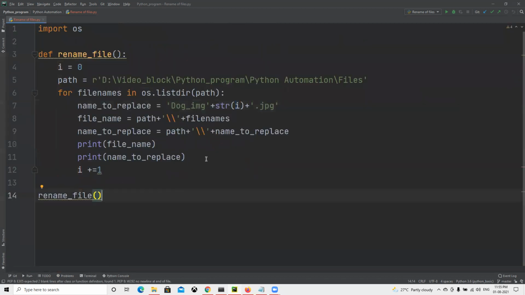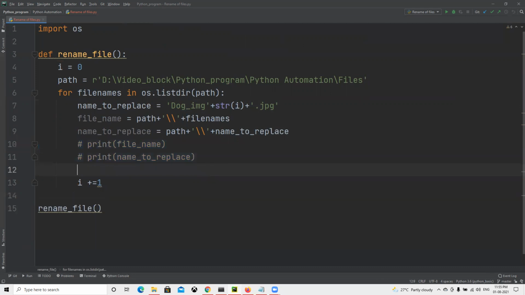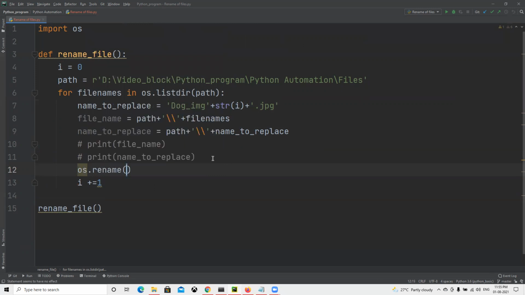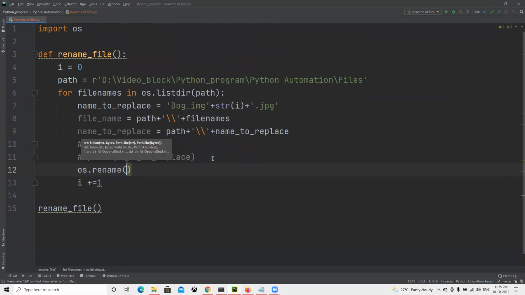So now what I can do, I will comment this out. Now we no longer need to print those things. Now I need to actually replace it. So we have os, and then rename is one function, os dot rename.